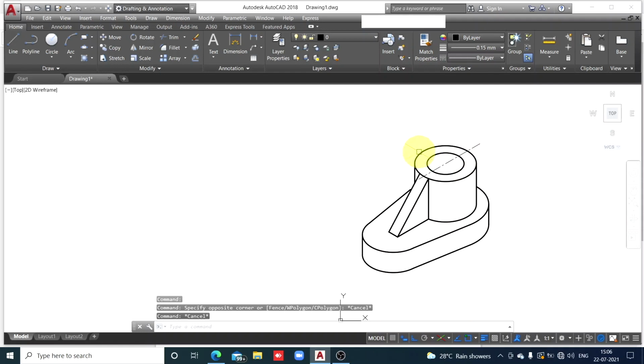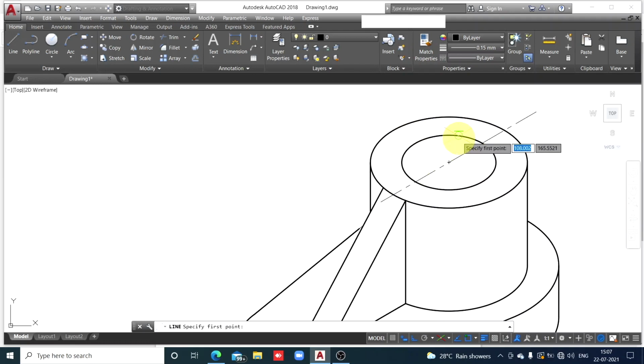Now one more center line which is parallel to the width axis. It is the top surface, so axis center lines must be length and width. In the top view, length and width appear. So line, get the center first. Track that center now. Bring the cursor on the center.